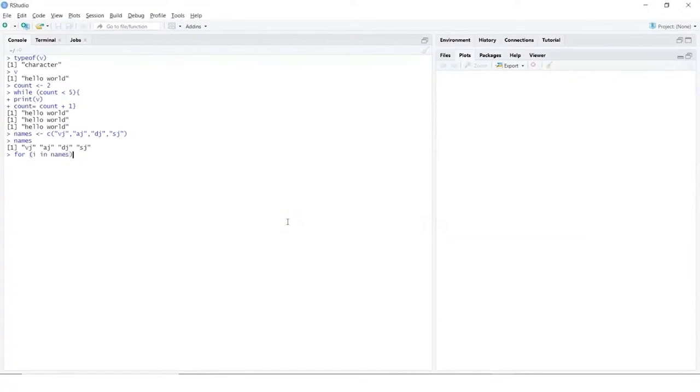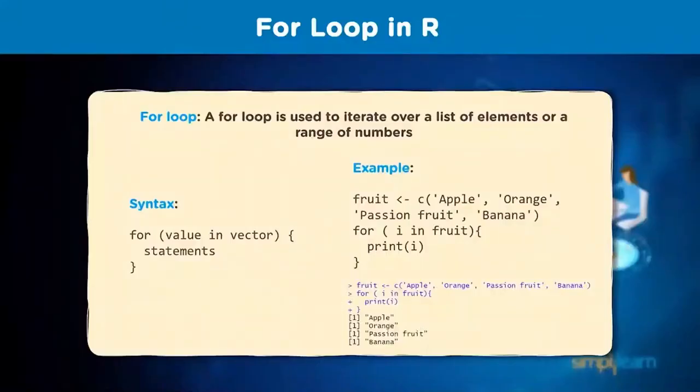Now what do you want to do? So open up your brackets here, and then we would want to say print i, and then close the bracket. So you see, for every element in this vector, it is going to print the name one by one. So you're iterating through a set of objects by using a for loop. Now this is how we can work on for loops. So if else, while, and for loop can be very useful when you would want to iterate, or when you